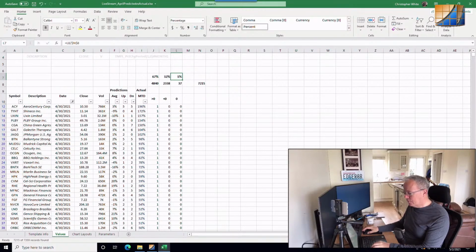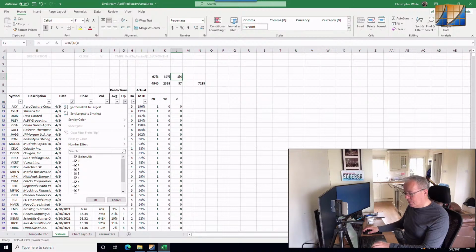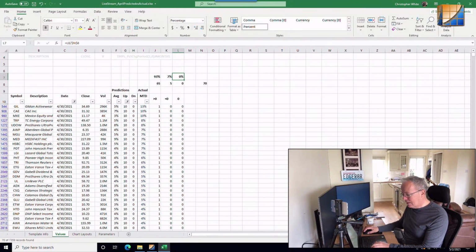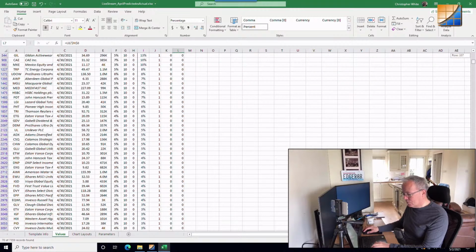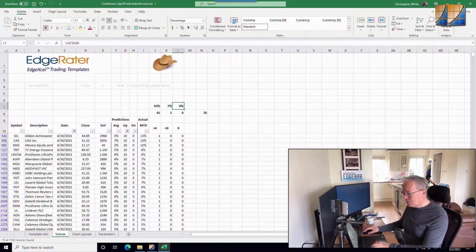So what if we then filter this so that we're looking at stocks that only had a prediction where there were, let's say, 10, 9, 8, or 7 up years? Well, for a start, let's just say 10 up years. Keep it simple. So 10 up years. And so these are all the stocks that had 10 up years, okay? So there's a total of